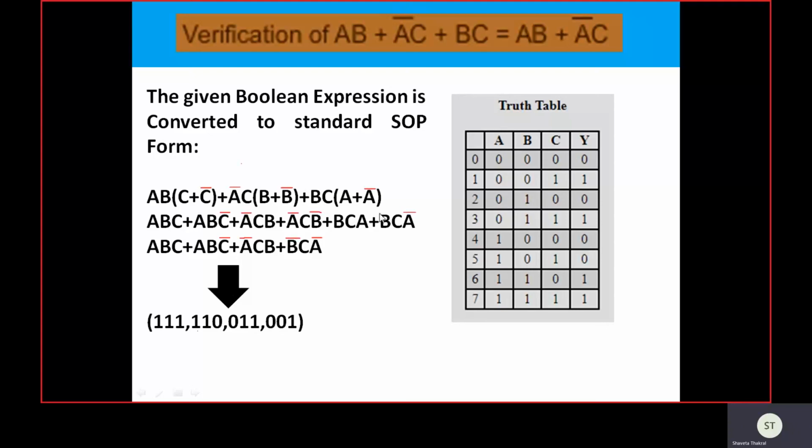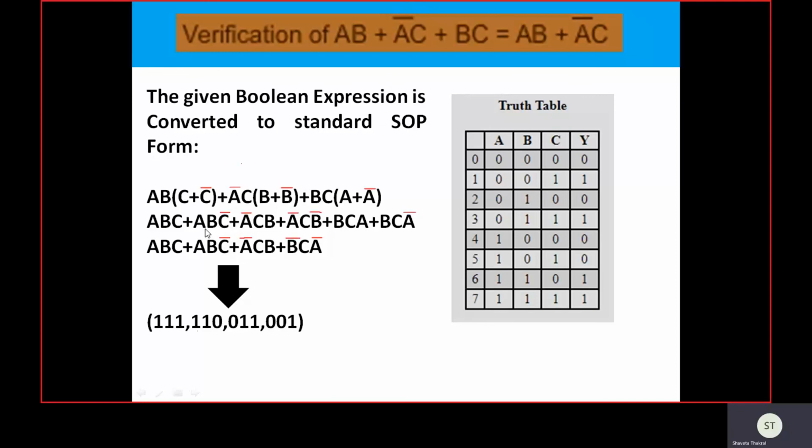Now open the brackets and solve this expression. This will be AB into C plus AB into C complement plus A complement C into B plus A complement C into B complement plus BCA plus BCA complement. If there is redundancy in the product terms, we can remove it, because in binary, if A is added with A, that is not twice A, it remains A. So here we have ABC, and BCA is also ABC, so we write it a single time, ABC.